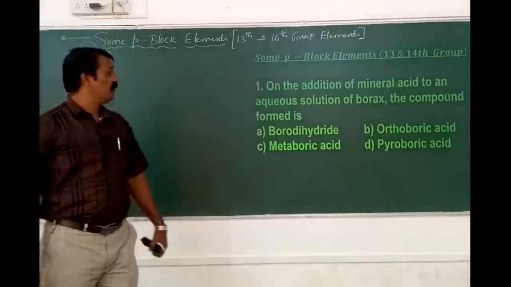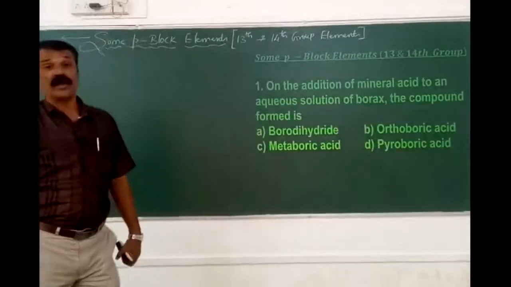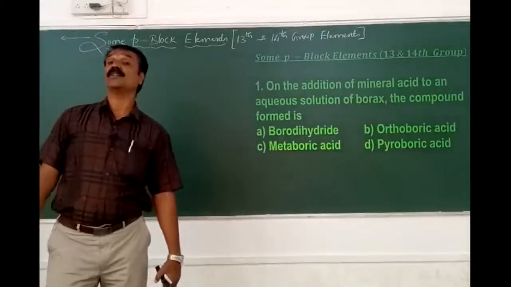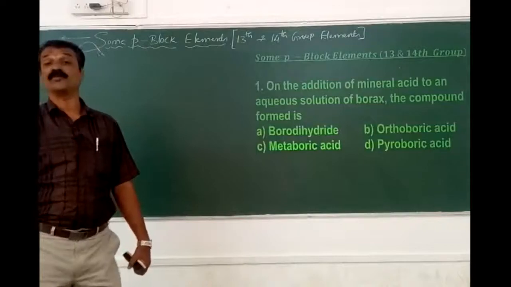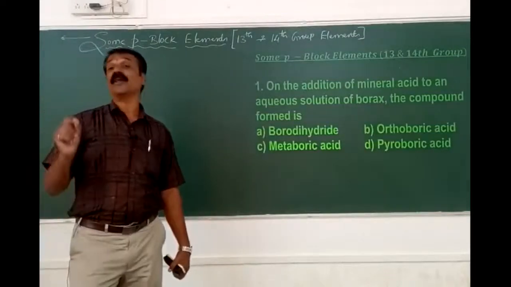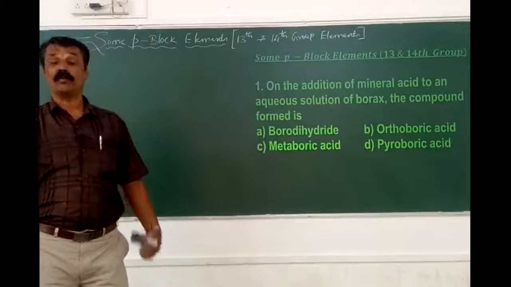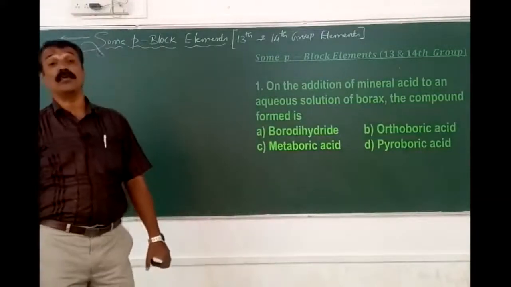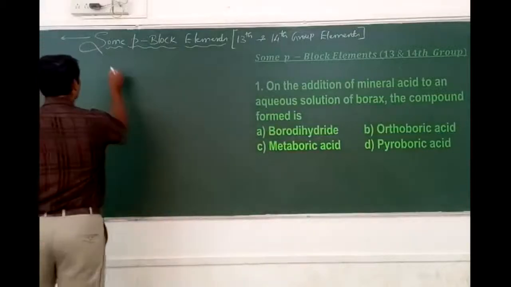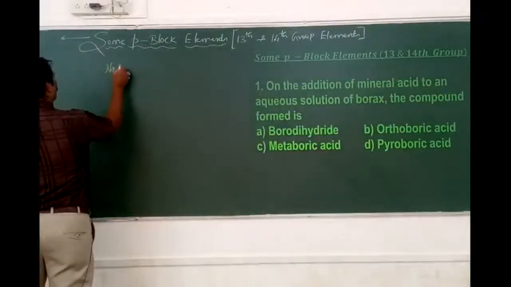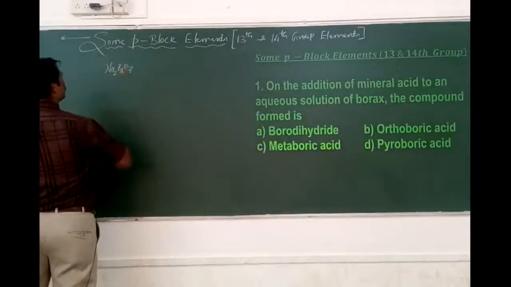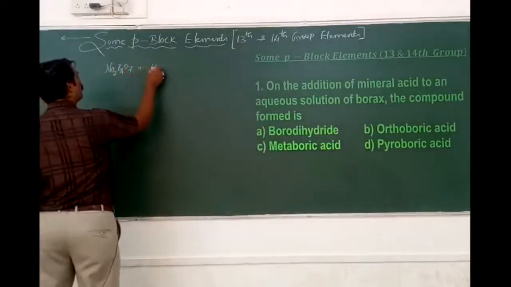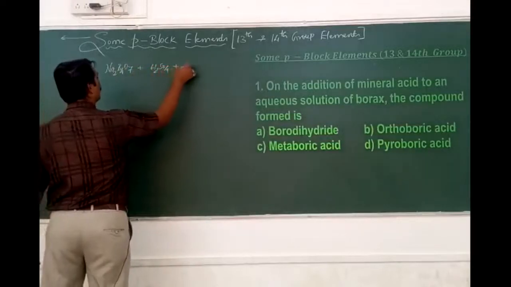On the addition of a mineral acid to an aqueous solution of borax, the compound that is formed is? Usually mineral acids means inorganic acids. The best examples of mineral acids are sulfuric acid, nitric acid or maybe hydrochloric acid. So here borax is actually called sodium tetraborate decahydrate. By removing the water, Na2B4O7 is called anhydrous sodium tetraborate. When it is made to react with sulfuric acid, a mineral acid,